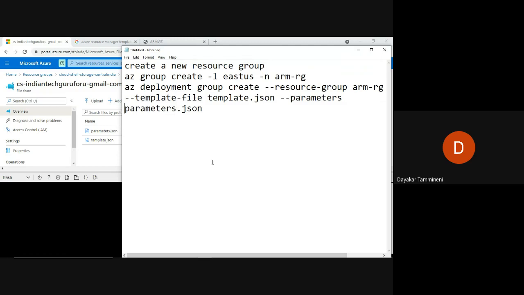For creating virtual machines in the Cloud Shell, definitely we need to remember the code. Actually, we need not remember. I have already shown in the previous classes how to get this particular sample code. Once you get the sample code, you can modify it accordingly and utilize it. Just note down these two commands and then at your home you can practice.